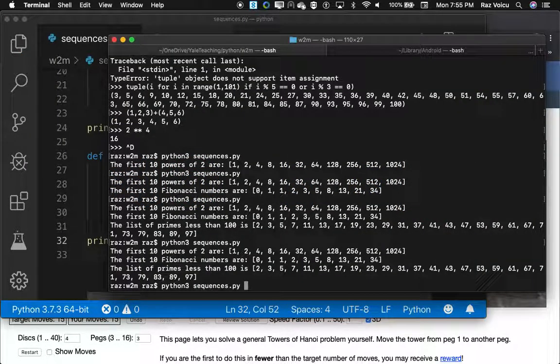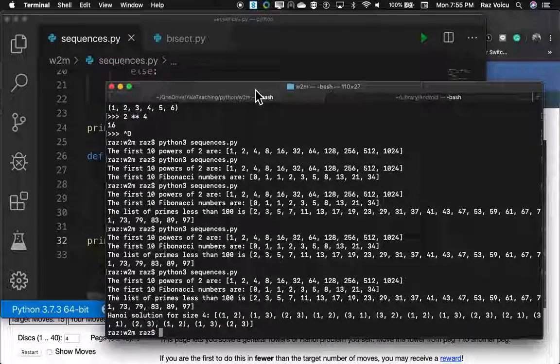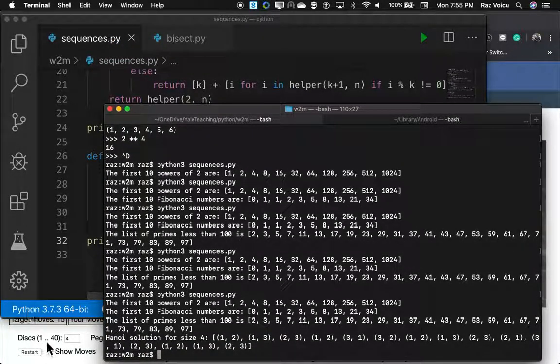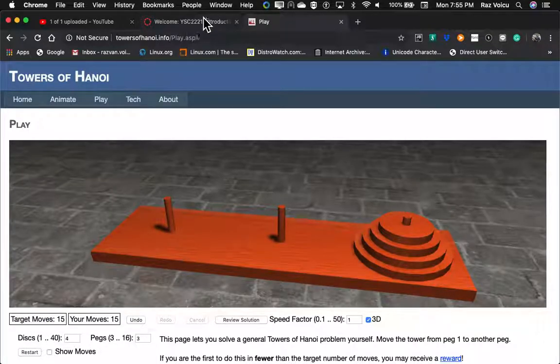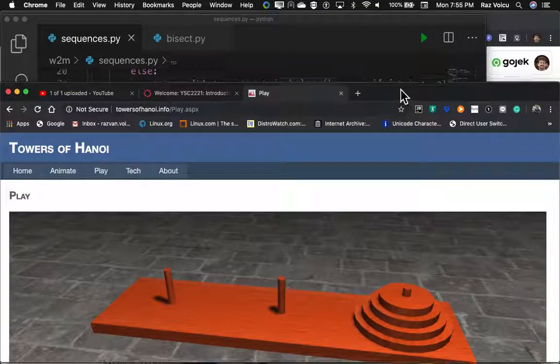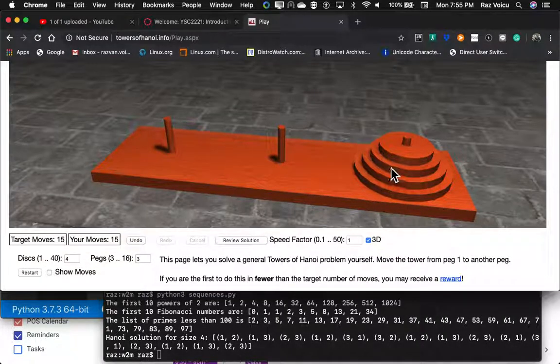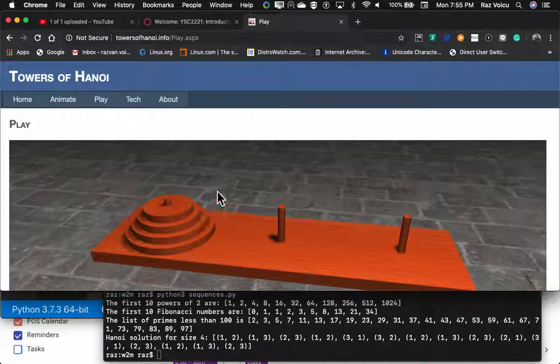Okay, so let's run this and see the solution here, okay? So I'm going to bring the solution at the bottom of the screen. I'm going to reduce the size of the browser. So we have size 4, we have 4 disks. I'm going to restart, and let's follow and verify the fact that